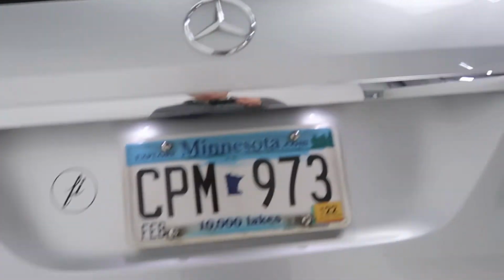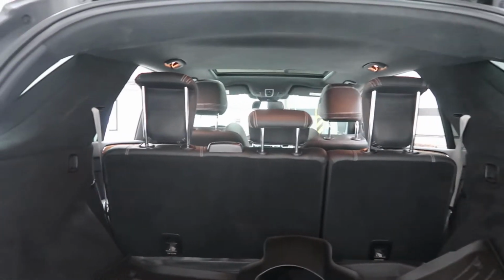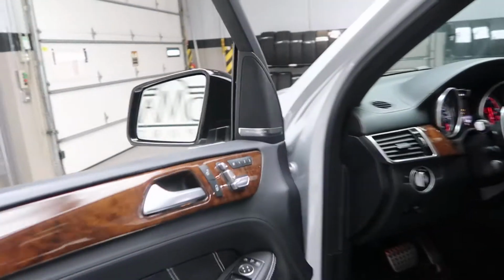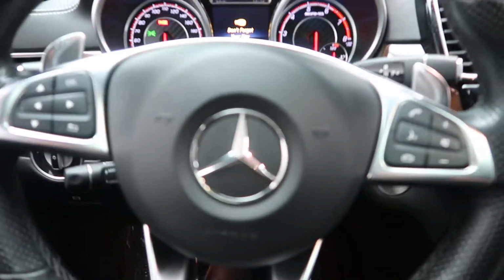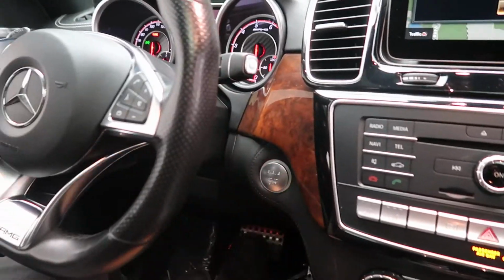AMG GLE 63S badging, power liftgate, a clean set of all-season and regular floor mats, fold-down rear seats, lane tracking package with active blind spot assist, active lane assist, Harman Kardon sound system, memory seats, AMG illuminated door sills, smartphone integration with Android Auto and Apple CarPlay, steering wheel controls, paddle shifters for extra performance, push-start ignition,